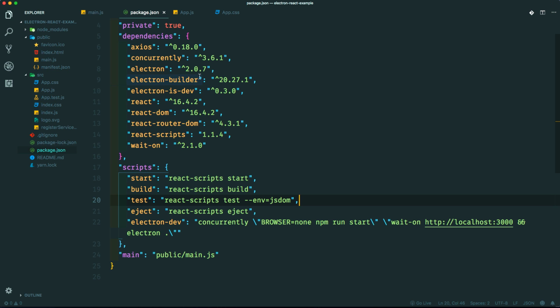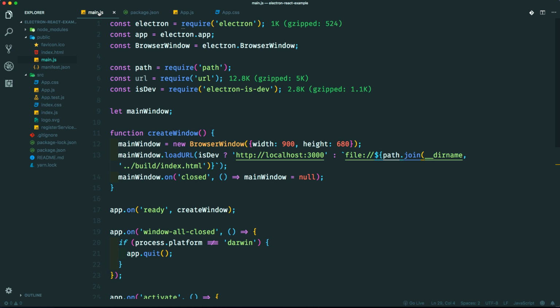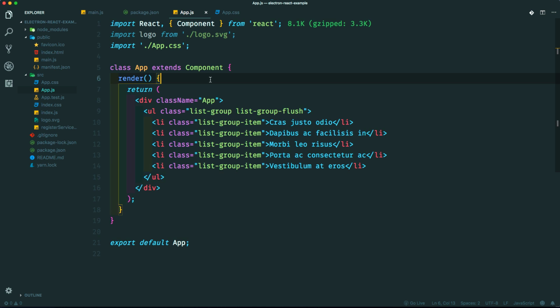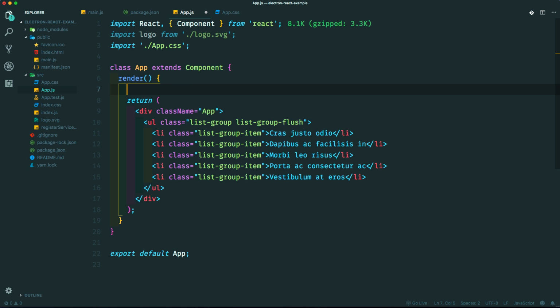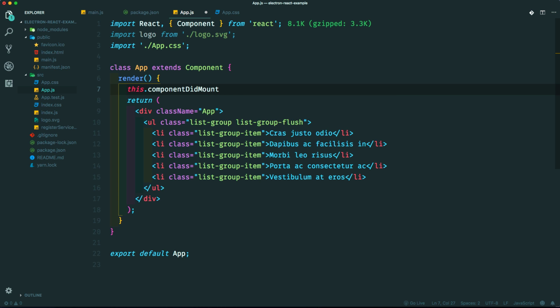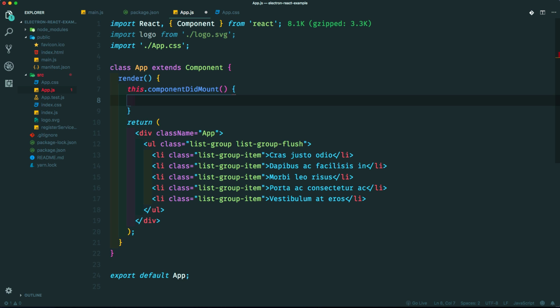Let's go to, where are we going? We're going to our app. Let's make a new lifecycle hook for componentDidMount. And right here, let's call Axios. So axios.get https